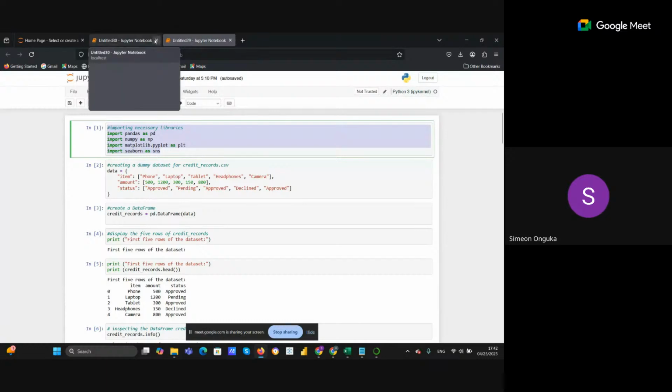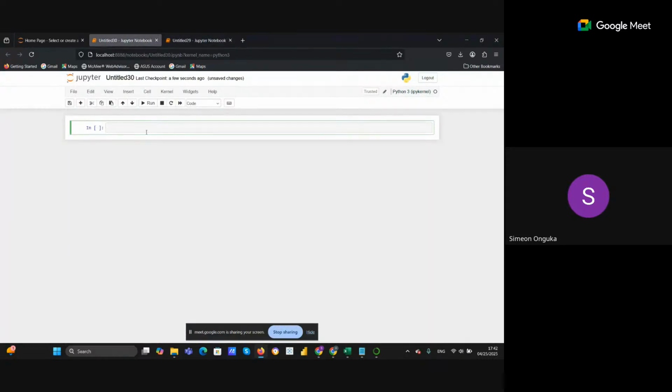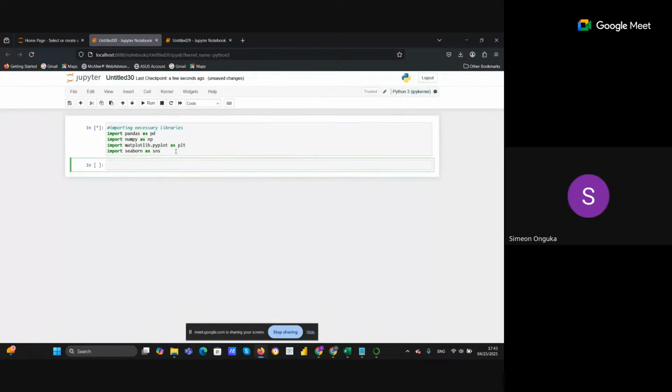The first step is always importing the necessary libraries, right? It's a process you have to follow, and you don't have to write the code every time. Because it's an inbuilt library, you can just copy and paste the code over there